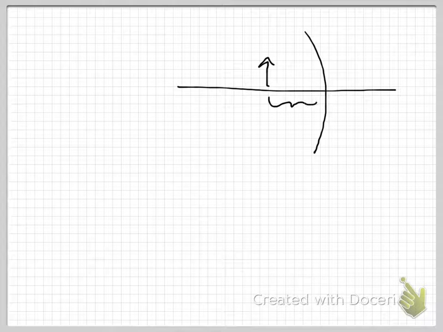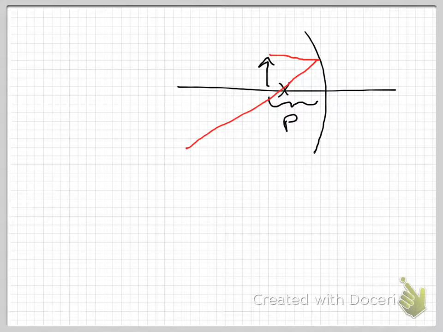There's my object. Here's P. 4/5 of P would be approximately right there, just eyeballing it. So you can see what's happening. If I do the rays, let me go to a different color. We do the ray from the top of this object. It's going to strike the mirror like this, bounce off, go through the focal point, and the bottom ray, let